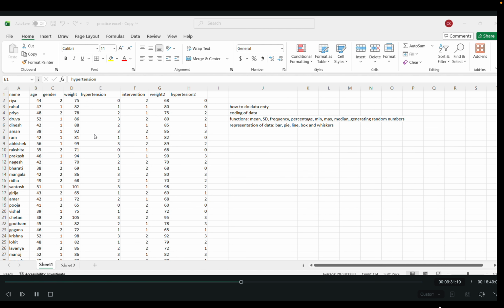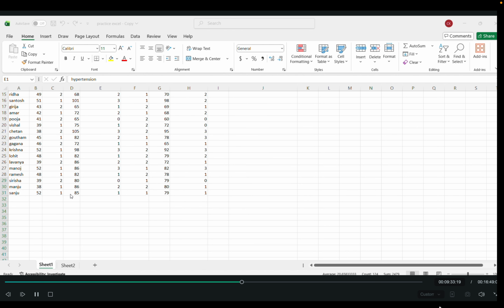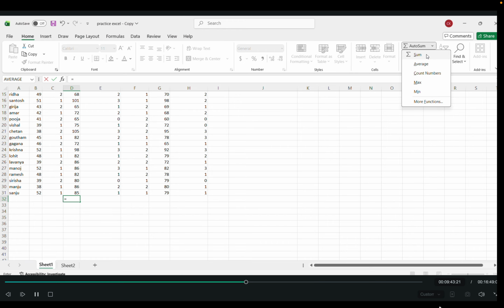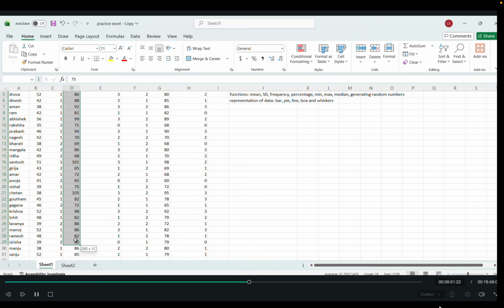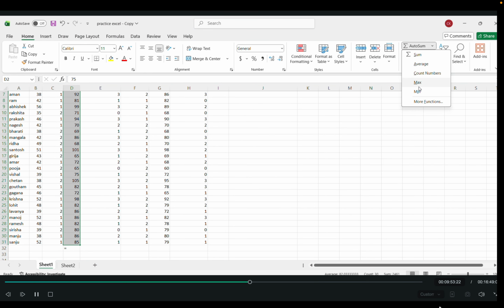So we have weight here. So I want to know what is the minimum weight before the intervention. So for that, every time you use a function, you should give the equals to sign. Then go to this option where we have minimum and it will ask from where to where. So you have to select this.